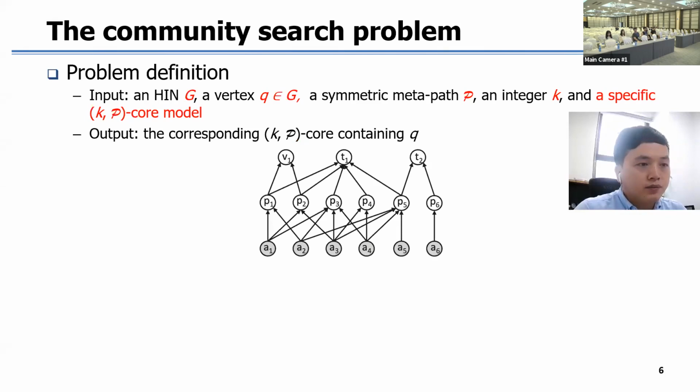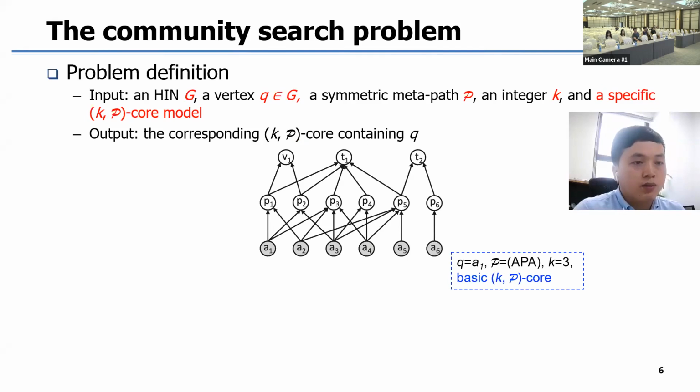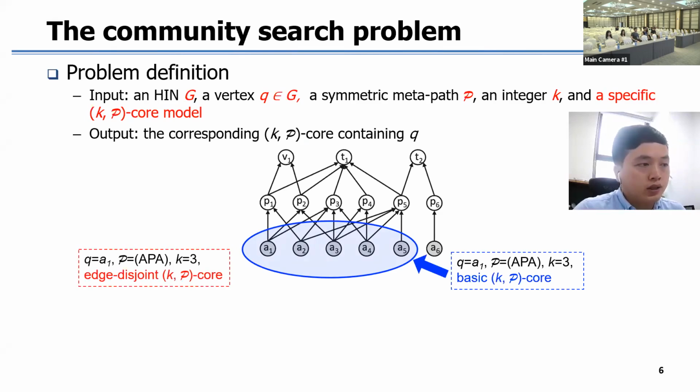Here is an example. Suppose the query vertex is A1. The metapath is APA, which describes the co-authorship between 2 authors, and k equals 3. If we use the basic KPK model, we will find a community of 5 researchers, which are A1, A2, A3, A4, and A5. However, if we use the edge-disjoint KPK model, then we will find a community of 4 researchers. Please note that A5 is excluded from the community,